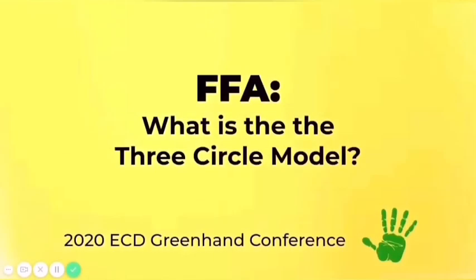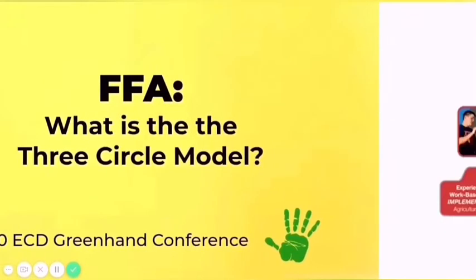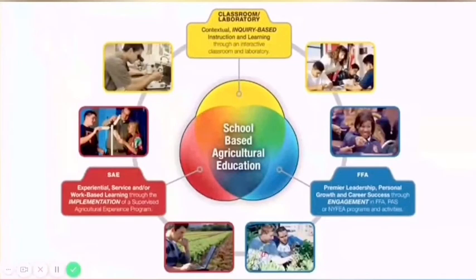Today, I want to talk to you guys about something called the three-circle model, and why it's so important in agricultural education. So, what exactly is the three-circle model, and what is it made up of? The first part of the three-circle model is at the top in yellow, and it's all the learning that we do in our agriculture classrooms or laboratories. Agriculture education prepares students for successful careers and offers us valuable insight to the global food, fiber, and natural resources systems. This is every FFA member's foundation for the future.